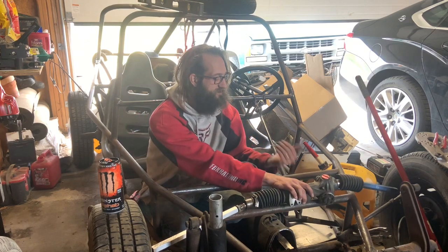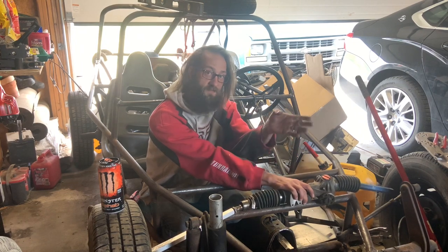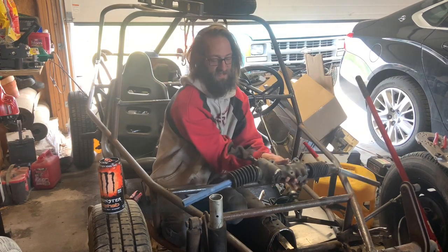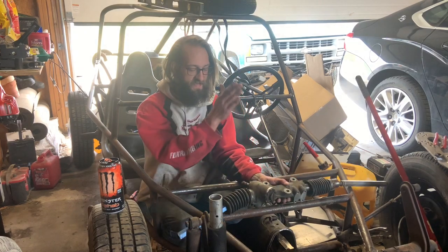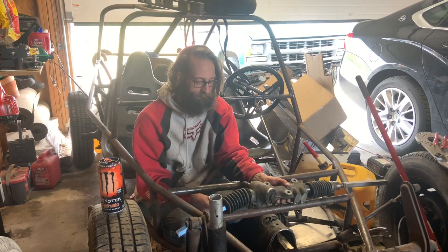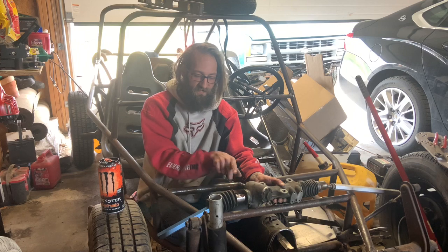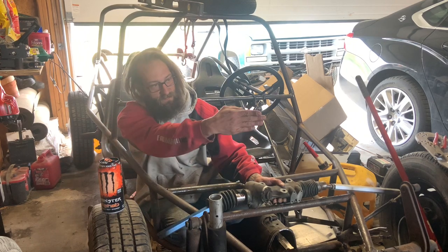So if I was to mount it back here, if I turned it to the right, the car would try to turn left. However, I can mount it upside down. If I was to mount this upside down, this part would face right. But it would turn the proper direction. If you turn this left, these arms go to the right, pushing the tire out like this, which turns the